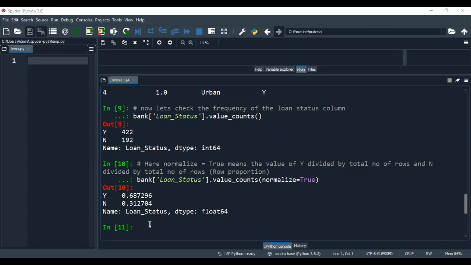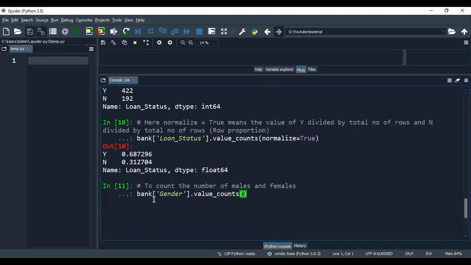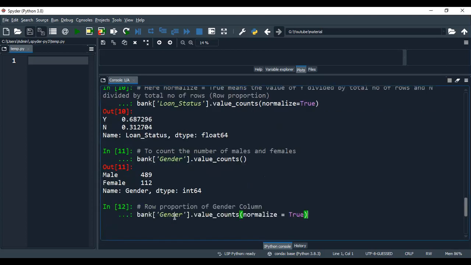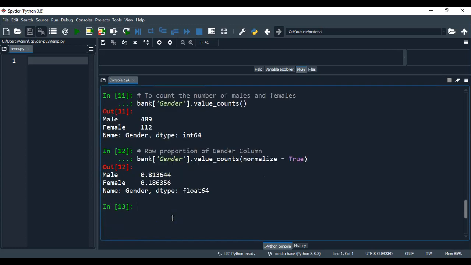Next, in order to count the number of males and females in the gender column, we can give it like this: bank of gender dot value_counts. Then, to find the row proportion of the gender column, in the same way we can give the normalize equal to true parameter for the value_counts command. What inference do we observe here?